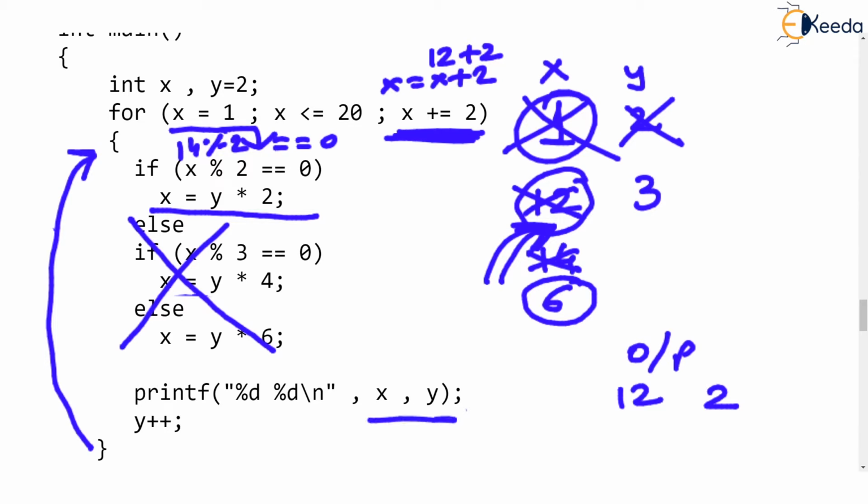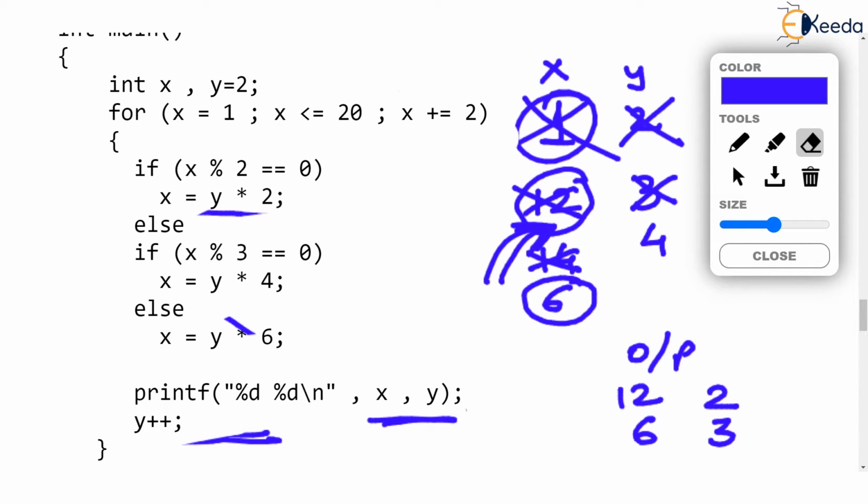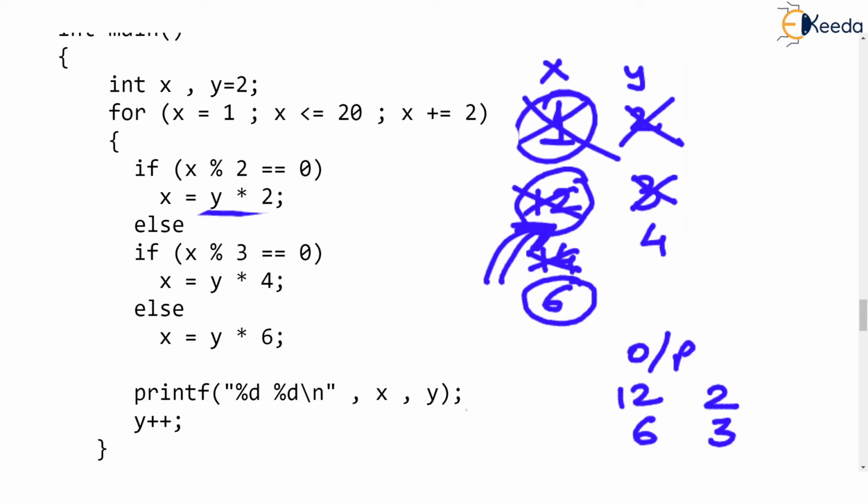And then we are printing x and y. Listen, x is now 6 and y is 3. After that, we are increasing y by 1. So y which was 3 has now become 4. Okay. Let's go back to the for and let's see what will be the next point executed here. Now when you go back to the for, we have to now repeat this. x is x plus 2, isn't it? But x is already 6. So now the new value of x will be 8. I hope you are understanding. x is 6. So the new value will be 8.